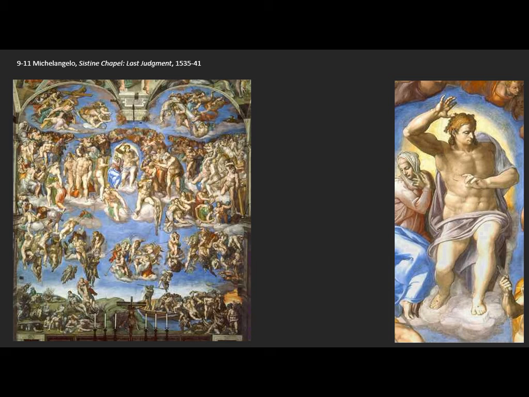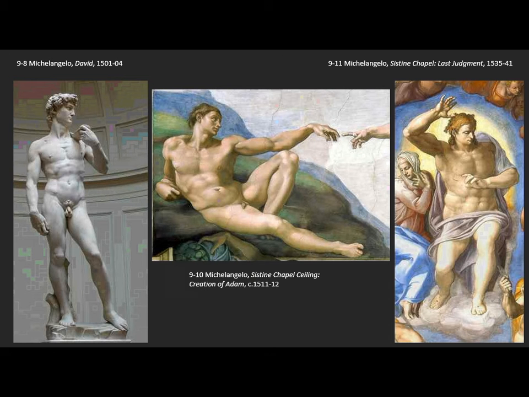Now, this spread of Michelangelo's figures, the broadening in the bodies of these figures, is something that we can actually see develop through the course of his works. For example, when we look at the David and the Adam from the Sistine ceiling, just above the Last Judgment, we can see that Michelangelo's conception of the perfect human anatomy has changed through the years, going from the rather slender David, at least by comparison, to a broader Adam, to a significantly broader Christ that we